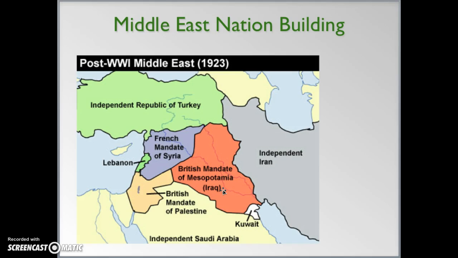Do these names strike any sort of chord with current events? Hell yes, they do. All right, so it's a whole other class. It's a whole other conversation, but the Middle East gets really reshuffled, let's say, as a result of World War I. And we're still dealing with the after effects of that.